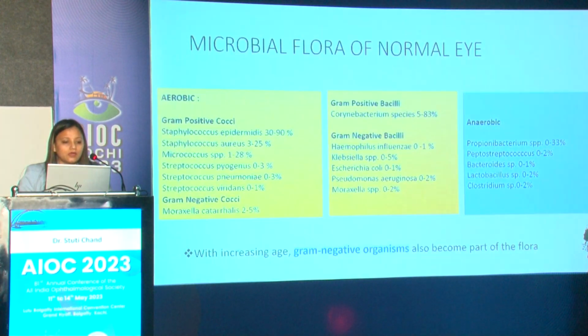climate, and geography. The microbial flora of the normal eye: the most common predominant is gram-positive cocci, and Staphylococcus epidermidis tops the list with 30 to 90%, followed by Staphylococcus aureus, Micrococcus, and other common cells of conjunctival flora are gram-negative cocci, which include Moraxella catarrhalis, Corynebacterium